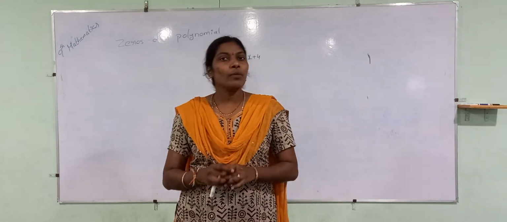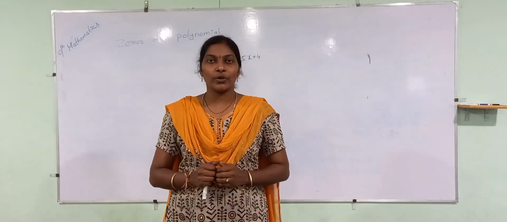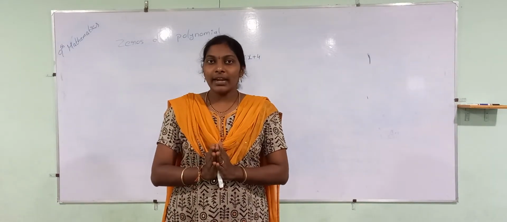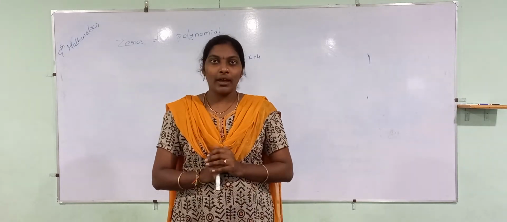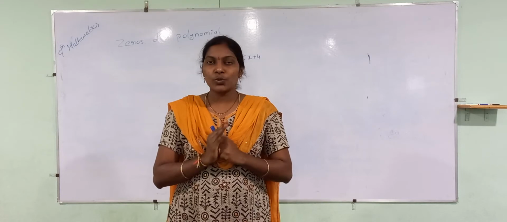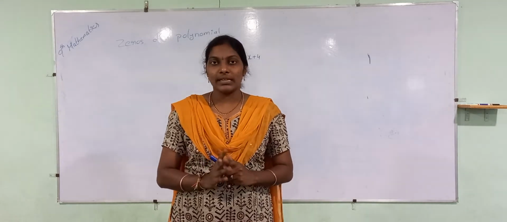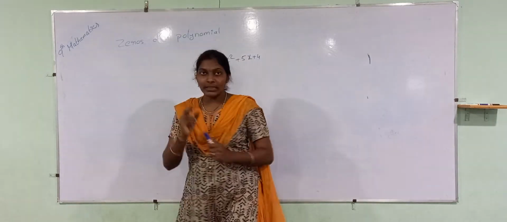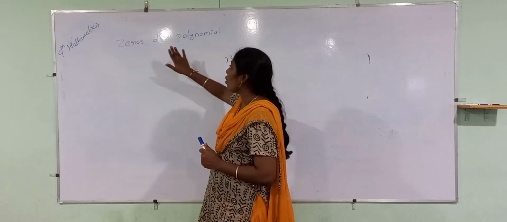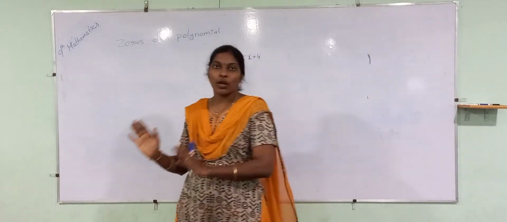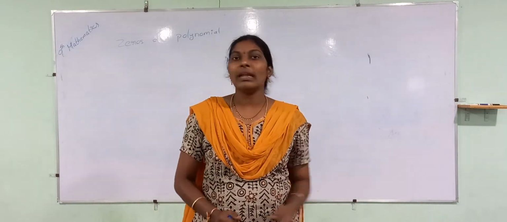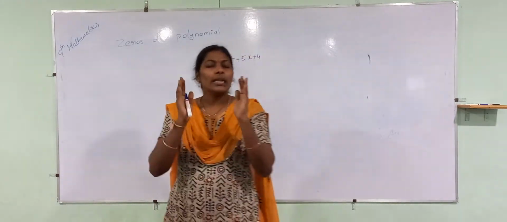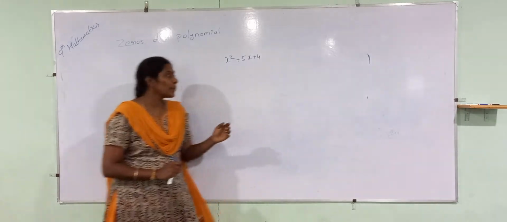In this video, I am going to explain exercise 2.2. So, generally, what is our process? I will explain and you have to do it on your own, right? This is exercise 2.2, also a very simple exercise. The only thing is you should be able to understand the concept of zeros of a polynomial. If you understand this, you can solve any problem from that exercise. Okay, so listen carefully, dears.